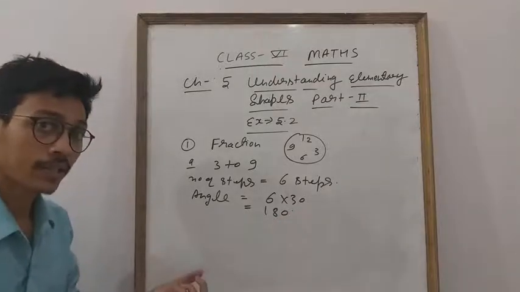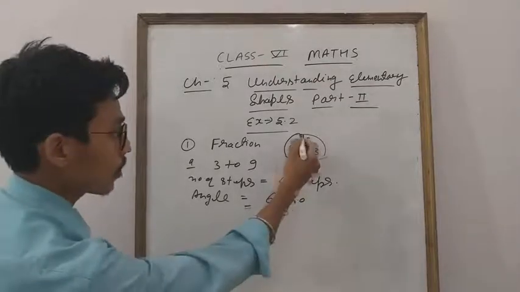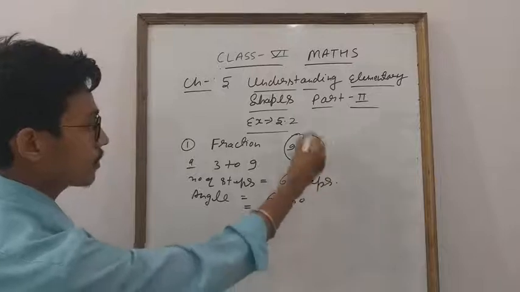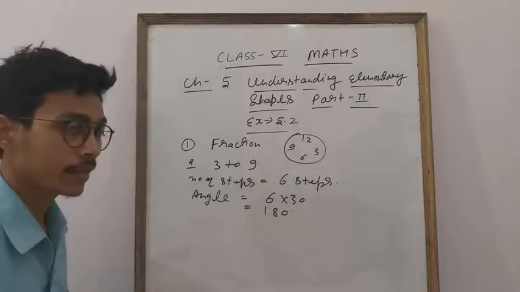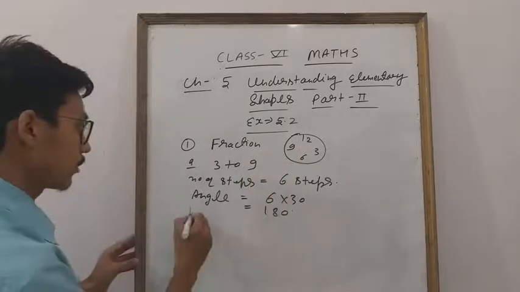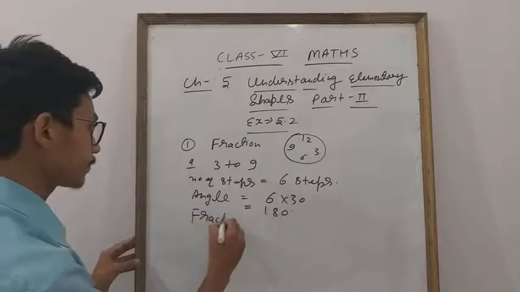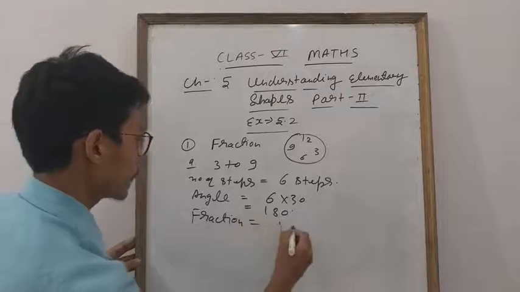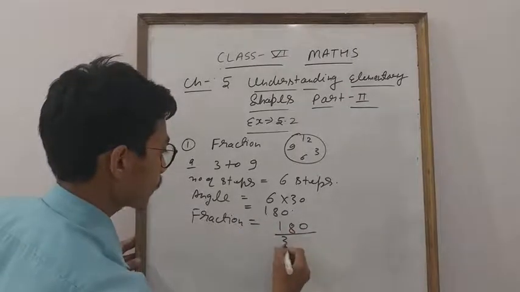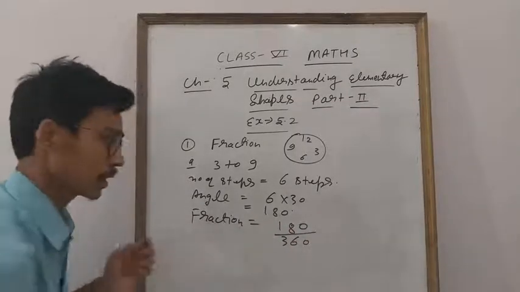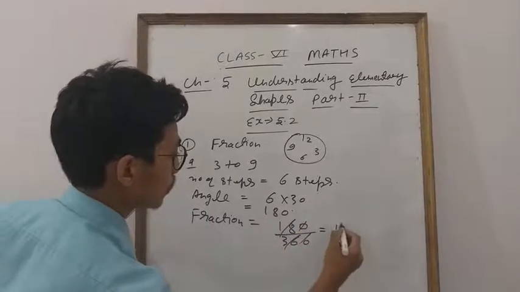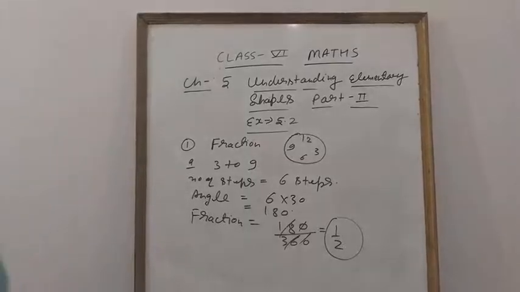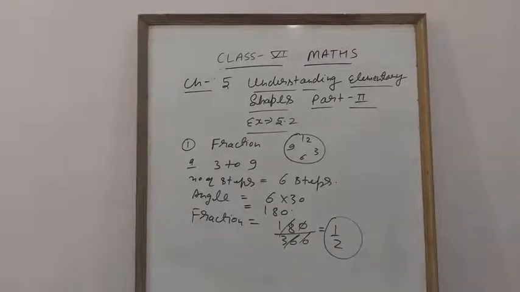Now you have to find a fraction. A clock means a whole revolution. So whole revolution equals what? 360, because this is the complete angle. So how will you find the fraction, students? 180 is the angle, 360 is the whole revolution. The zeros cancel, 18 1s are 18, 18 2s are 36. So this is our fraction. Okay everyone, this is very easy.